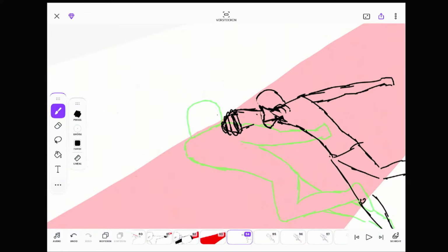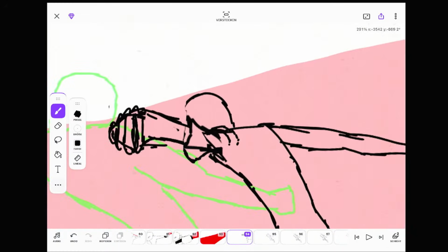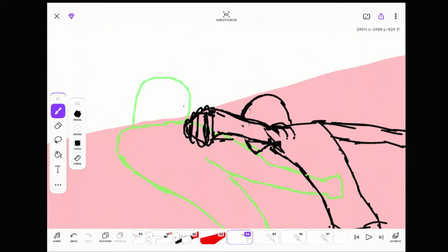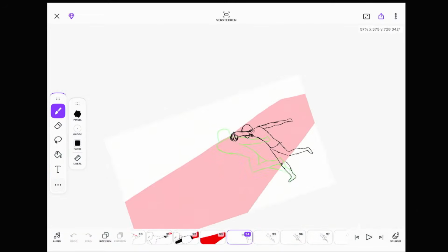Right now it looks a little bit weird, but for me it works. The lines right here. Okay. I will add the lightsaber maybe.